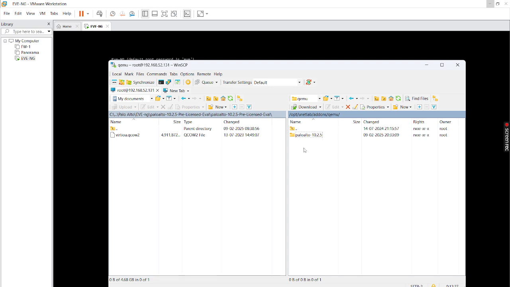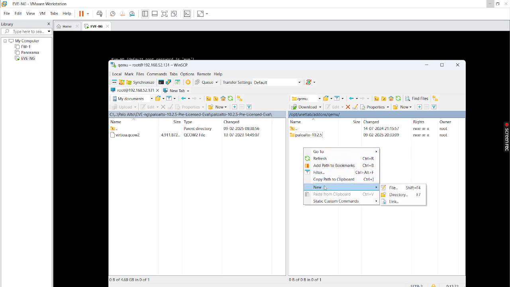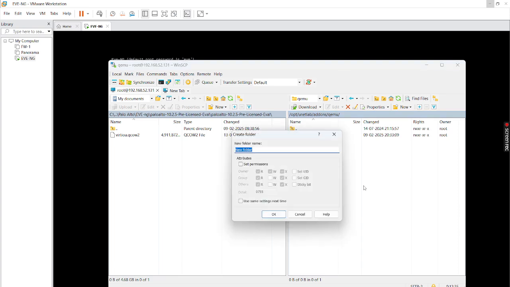What we need to do is create one more folder for the Windows. This also has a Windows format. The Windows name format we can call win hyphen 10x 64-bit.